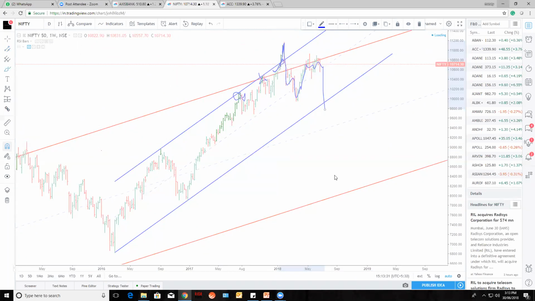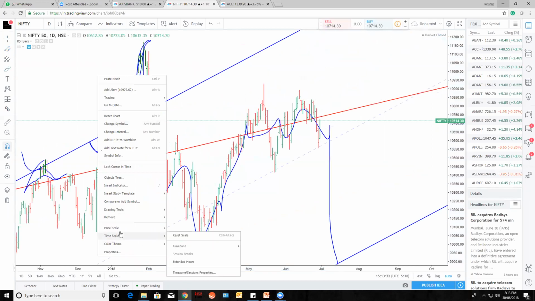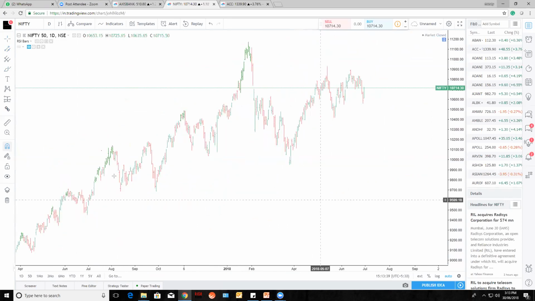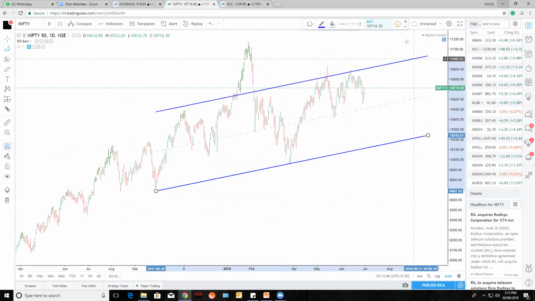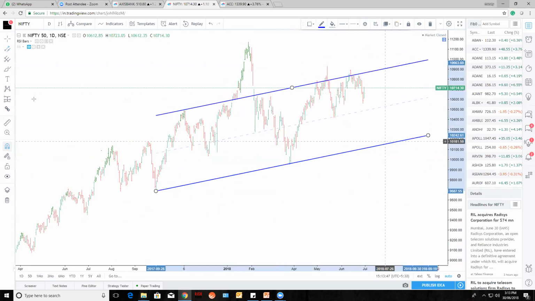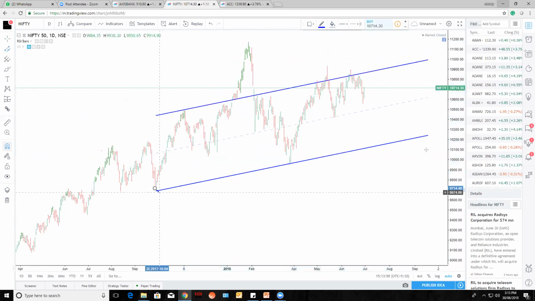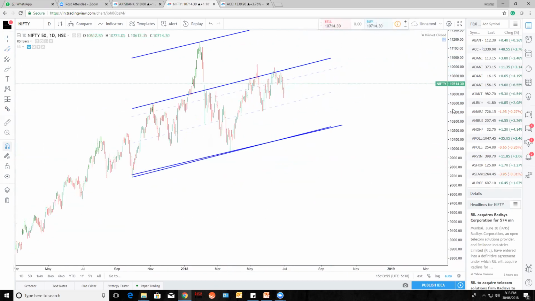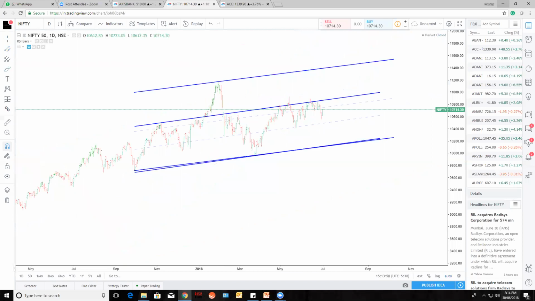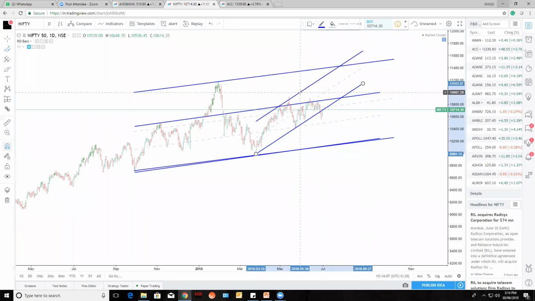Let's go for lower time frames. It's a daily chart. Now you got this 1 point as a low and this second point as a low. Just connect it and draw it further. This is 1 and this is 2. This might be your next high and low zones of Nifty. Again from here you get this point, and this is a second point. Now this acts as a resistance.